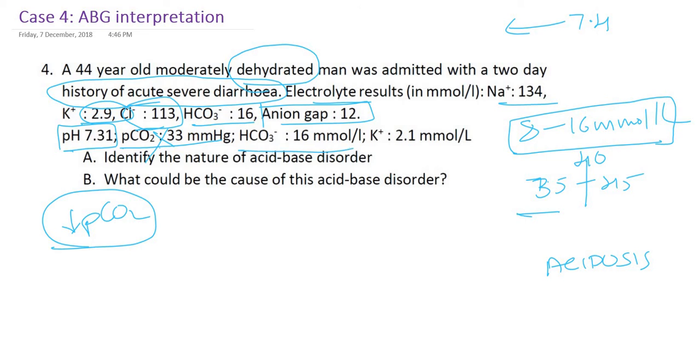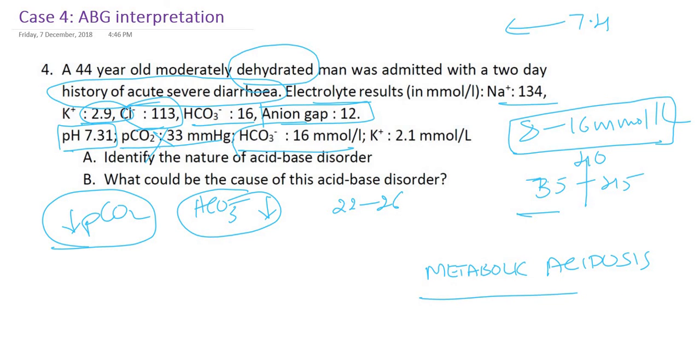Then I'll go to another parameter, bicarbonate. Bicarbonate is decreased. Normal is 22 to 26. So bicarbonate is the metabolic component. So I will write the word metabolic. My diagnosis is metabolic acidosis. We have to see whether it is compensated or uncompensated, and if compensated, partially or fully. For that, I need to write my buffer. So what is the primary change? Metabolic. Metabolic means bicarbonate. So bicarbonate is decreased.